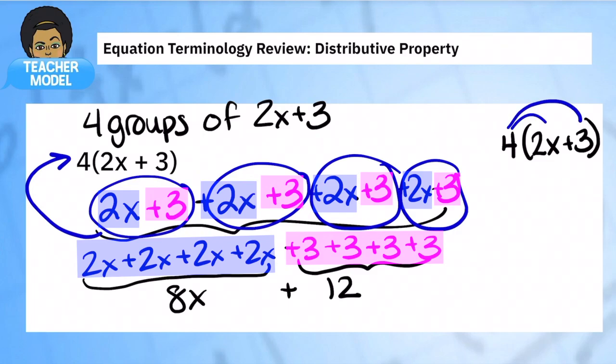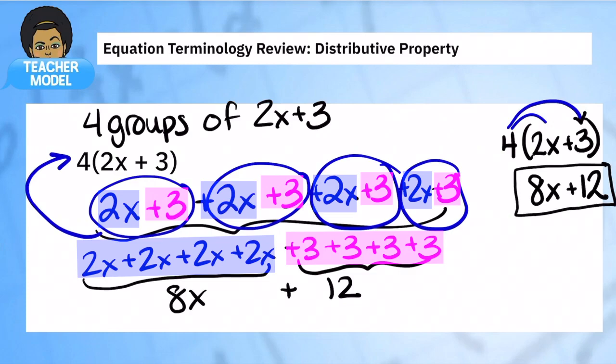You're saying I have 4 groups of 2x, so 4 times 2 is 8, and they're just writing it as 8x, and 4 times 3, or positive 3, let's be very, very clear, and I have 12. And that's it. That's all we have to do for distributing. Notice how I was trying to be really clear about 4 times